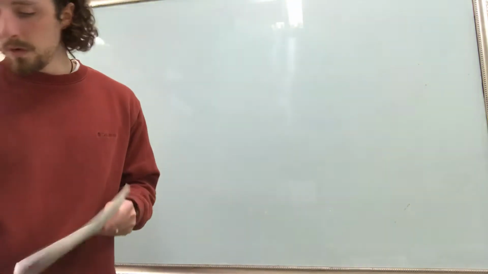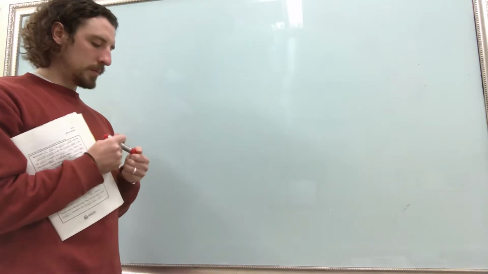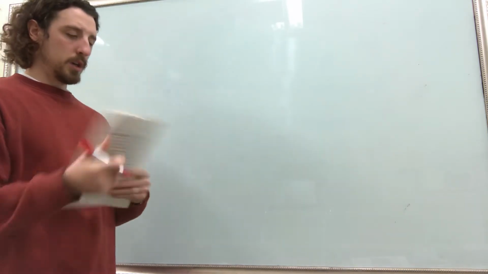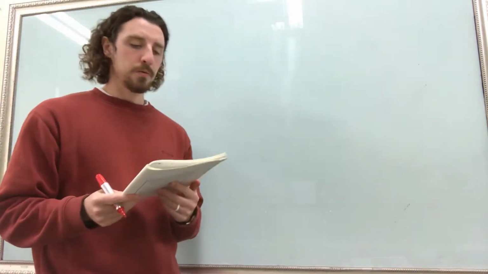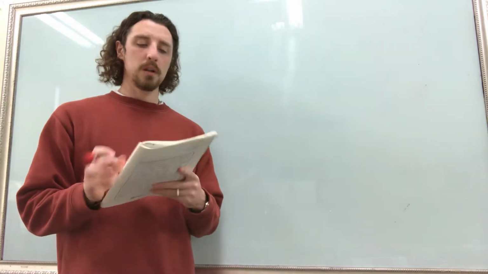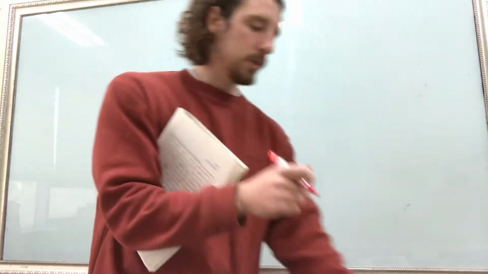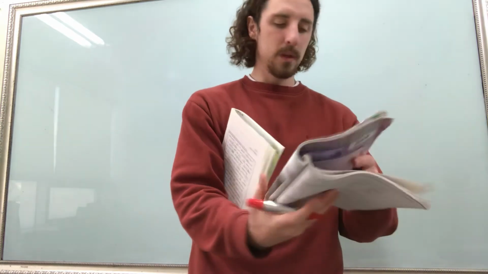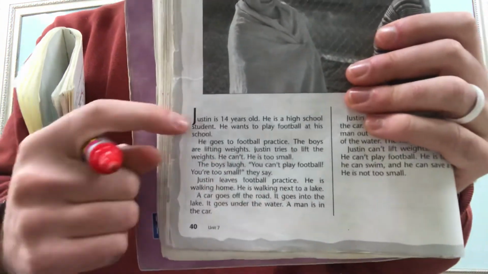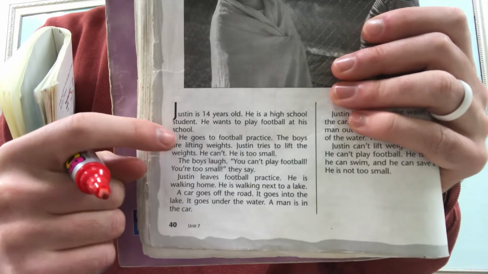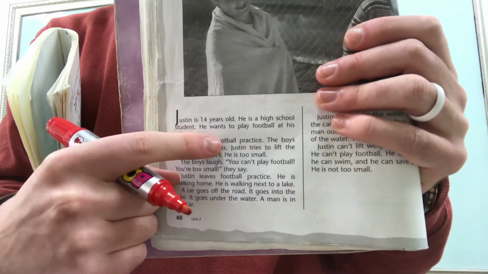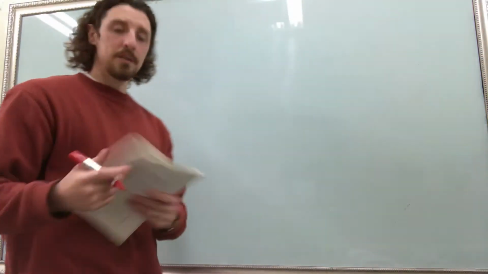So, number 1, it says, Justin goes to football, and then if we look at the words, what word does Justin go to? Let's look at the story. You can use your student book if you have to. If we look at this sentence right here, he goes to football practice. So the answer to number 1,